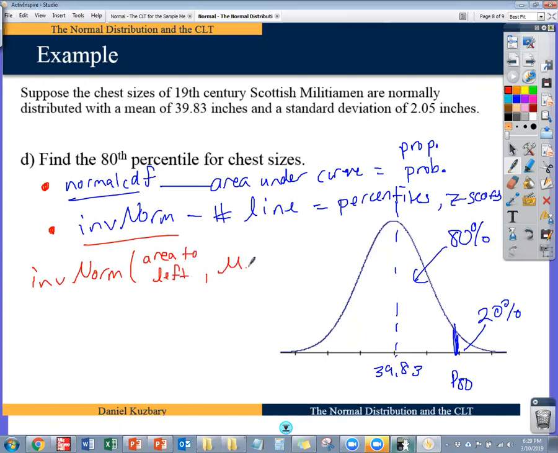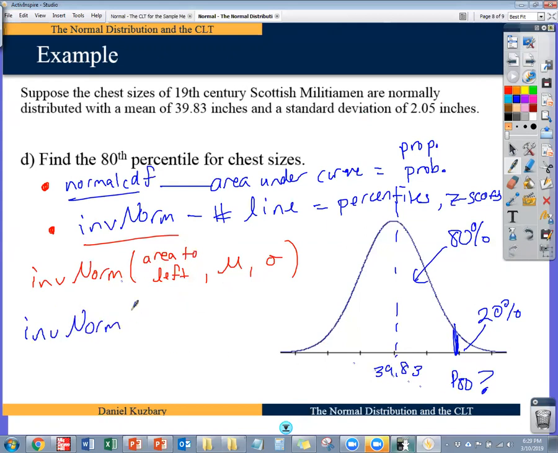And then all you've got to do is tell it the mean and the standard deviation, and it'll tell you what number should go here. So for this problem, I'm interested in the area. Whatever this number is, I don't know what it is. The area to the left of this is 80%, 0.8. So all I've got to do is tell the calculator 0.8 is my area to the left, tell it the mean and the standard deviation, and you can find the